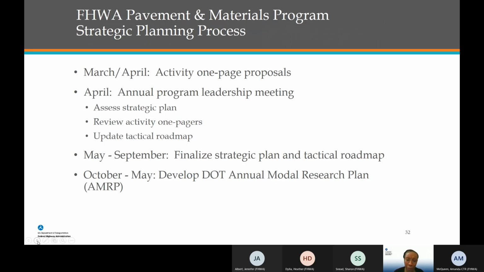All right, so we talked about the money. We talked about this key program. The next piece to this puzzle is, how do we go through the process of determining how that money will be spent? We have a strategic planning process that we do every year as a part of the Pavement and Materials Program. In March or April, all of the staff from headquarters, Resource Center, Turner-Fairbank Highway Research Center, even federal lands and the division offices can submit one-page proposals to the leadership team.